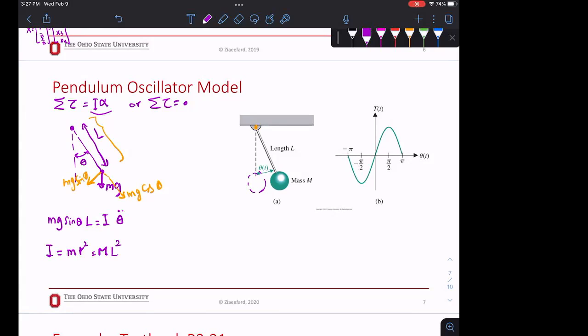The moment of inertia for different objects, you have to remember or look up. So it would be ml squared. So this is ml squared theta double dot. Our equation is ml squared theta double dot minus mgl sine theta